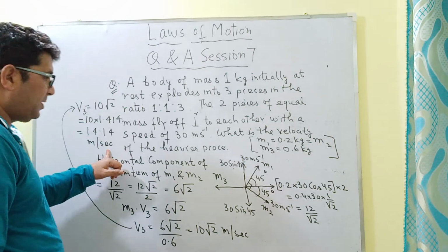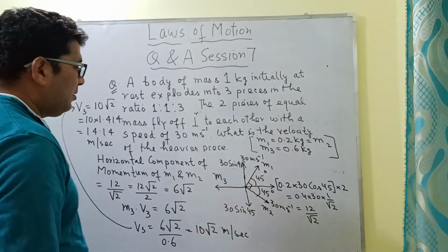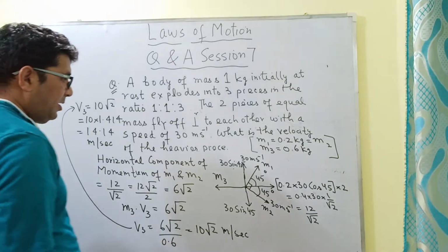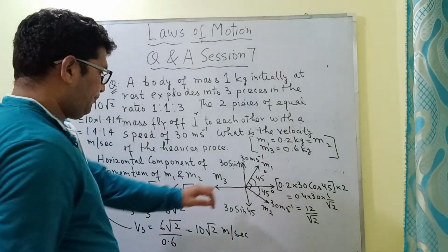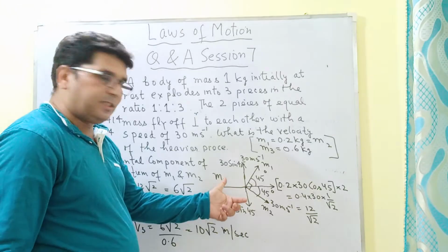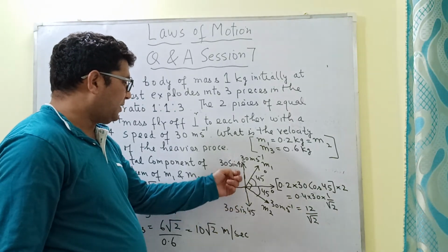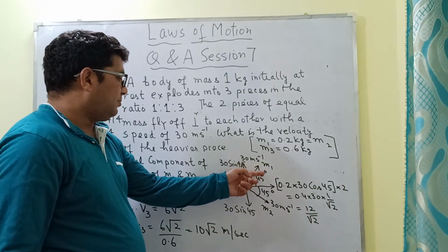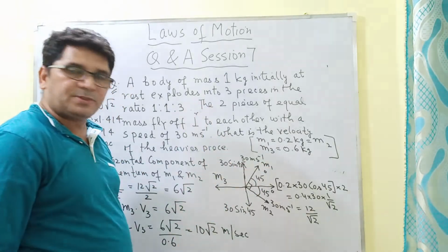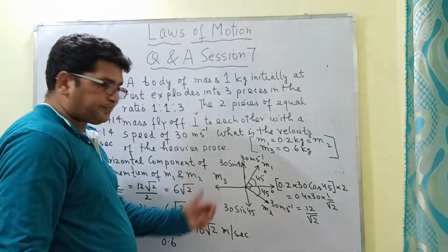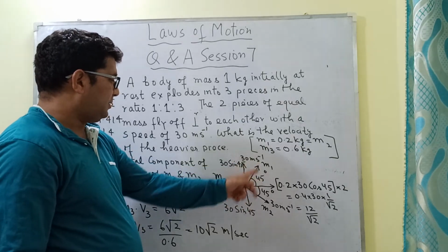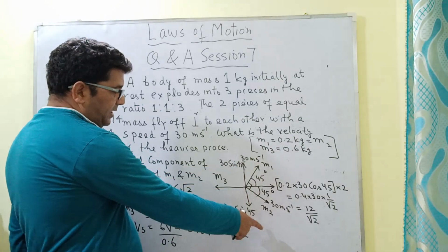14.14 meter per second, and here we have used the principle, or you can say the law of conservation of momentum. Here the momentum in the vertical direction is not taken into account, because the vertical components of the velocity of this mass m1 and m2 are acting in the opposite direction, and since their value is equal, since क्योंकि इन दोनों का जो वेलोसिटी है वो 30 मीटर पर सेकेंड था, तो